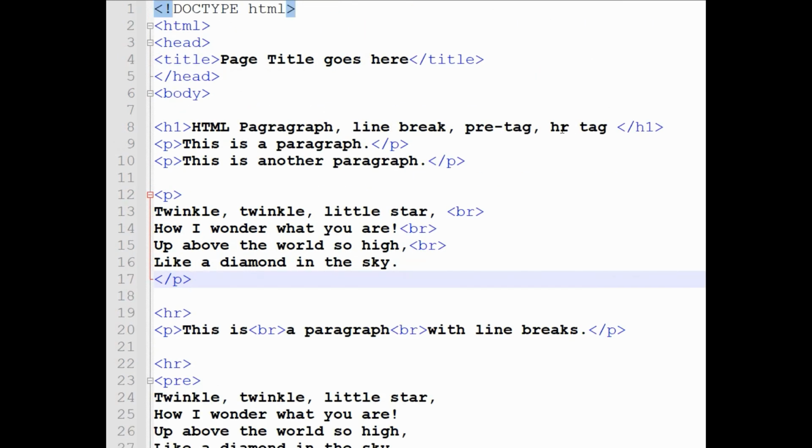Then the third tag we are going to discuss is the hr tag. The hr tag is simply a horizontal line in your web browser. The hr element is used to separate the contents or define a change in an HTML page. So for example, I will put this hr tag here,